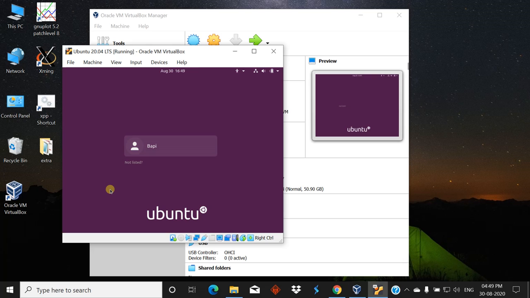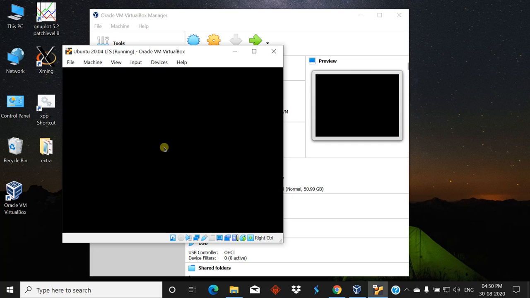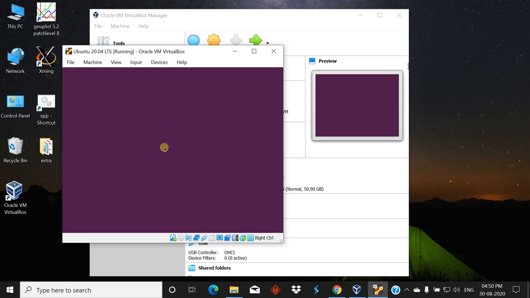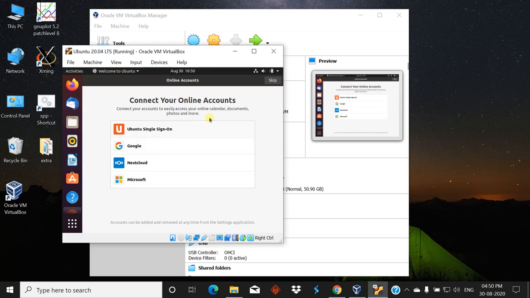Now you will see your name, and by clicking on it, it asks for your password. Just put the password and hit enter. You can see the Ubuntu OS home screen. Now these are the welcome messages. Click on next and forward.